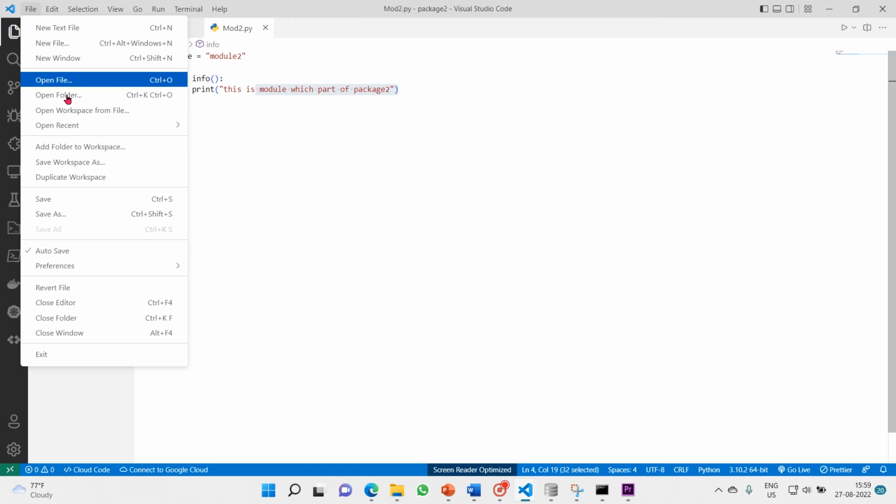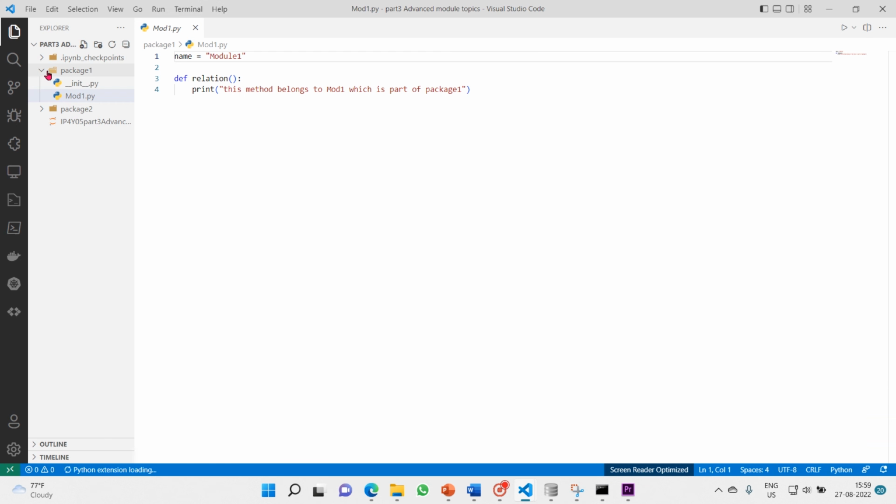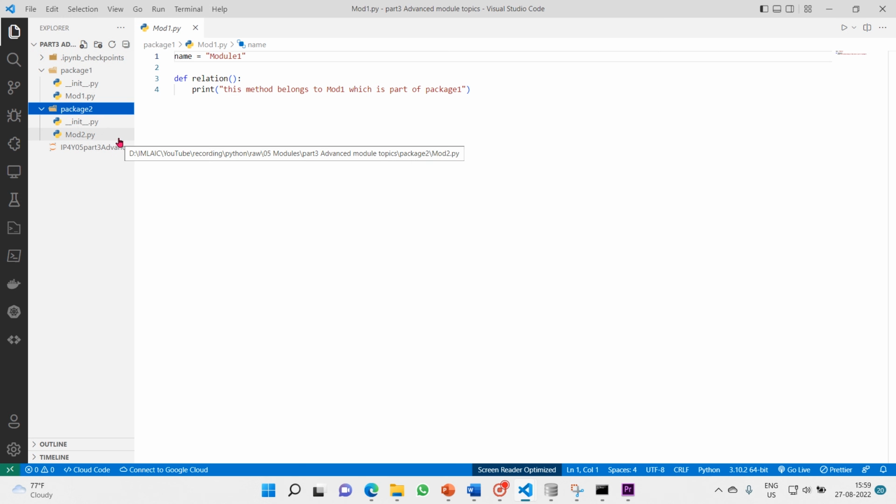another. So let me go back to the root folder. So now let's consider this as a main file, and then you have two packages inside that. This is your library, and then you can call these packages also using a specific way. We will discuss about this in our next session. But as of now I want to tell you